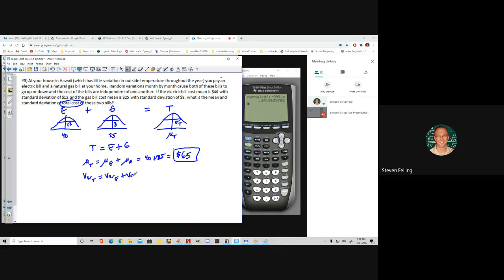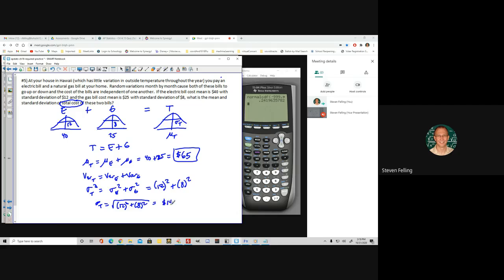Okay, for the variability, we know the variance total has to equal the variance for the electric bill plus the variance for the gas bill. And variance is standard deviation squared. So the standard deviation here is 12, so 12 squared gives us the variance. And then this is 8 squared. So the standard deviation for the total bill is the square root of 12 squared plus 8 squared, right, which turns out to be